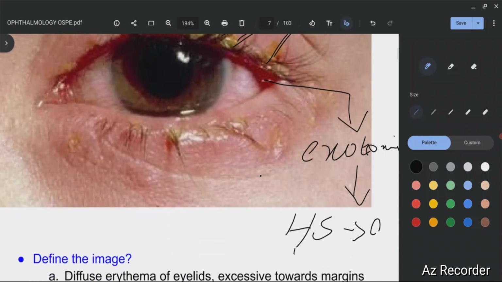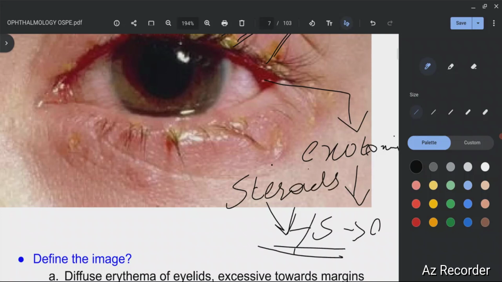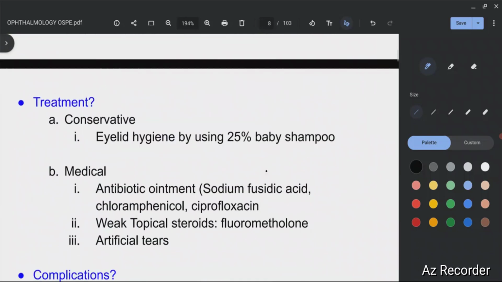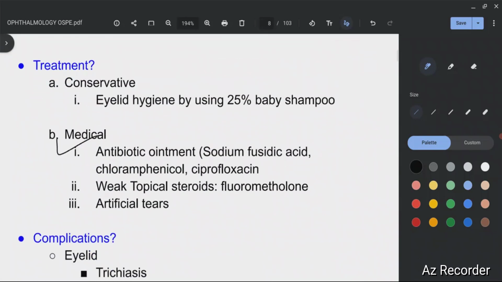Because you want this hypersensitivity reaction to be stopped, you don't want your conjunctiva to show hypersensitivity reaction. So to inhibit this reaction, you will prescribe some steroids to your patient. This is very important. Antibiotic ointment against those bacteria, then weak topical steroids like fluorometholone against your conjunctival